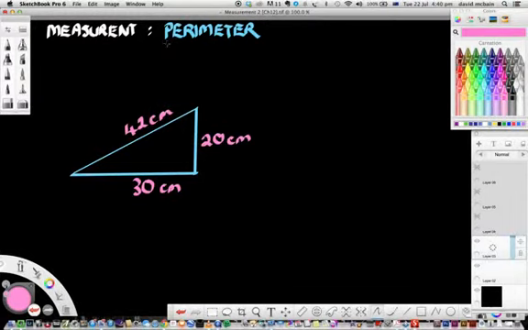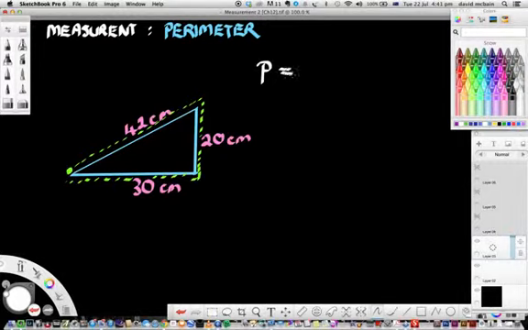So to work out the perimeter of this shape, all you have to be able to do is imagine that you are starting at one point on the shape and you are measuring the distance around the outside of the shape. So as if you were walking around the shape. So that's 42 centimeters plus 20 centimeters plus 30 centimeters. So to work out the perimeter of this shape, perimeter P equals